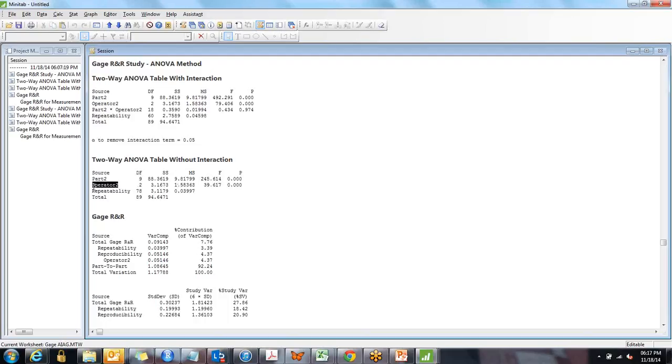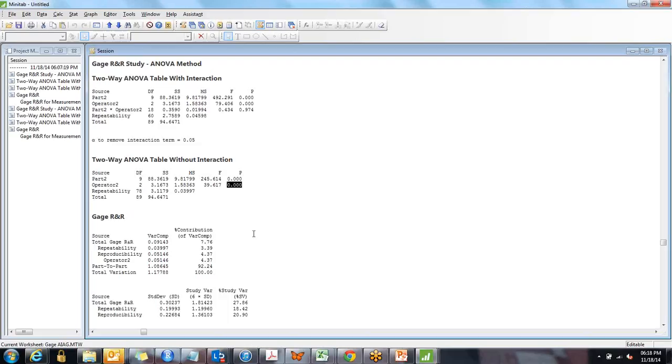Next thing is this operator. What is this p-value? Is it greater than 0.05 or less than 0.05? Less than. If p is less than, what do you do with the null hypothesis? Reject it and accept the alternate hypothesis. But the alternate hypothesis here says operators have an impact on measurement results. That means if Anuj is taking measurements and if Barani is taking measurements, all the measurements are different. So it's dependent on people. That people dependency should not be there whenever you're taking measurements. Hence, this is a bad indication for us.